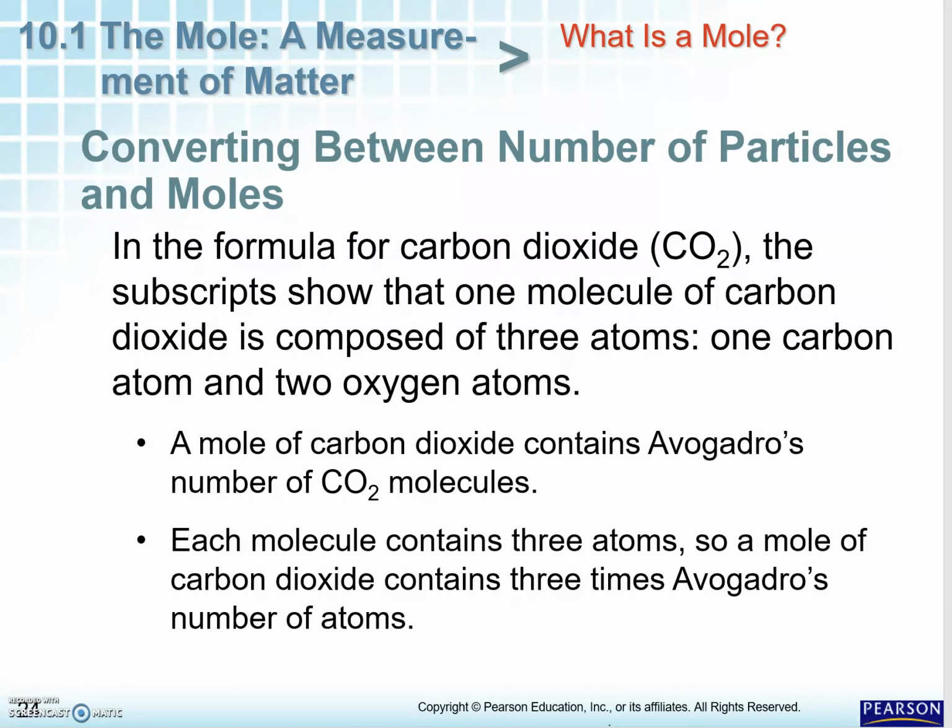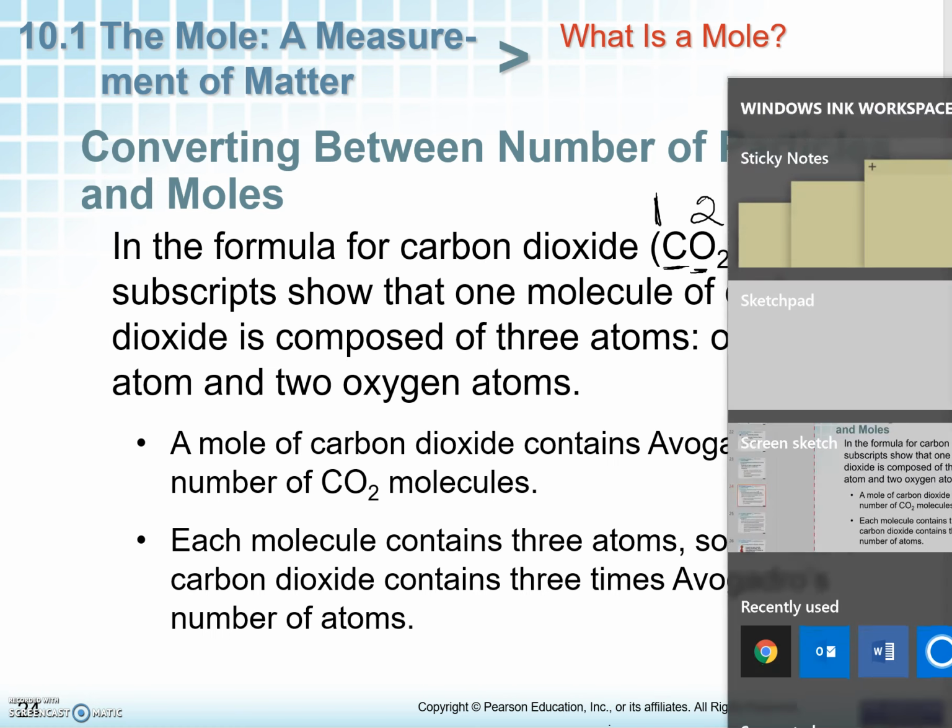So for example, this is just like counting for balancing chemical equations. In the formula for carbon dioxide, you have carbon, and there is 1 of them, and oxygen, you have 2 of them. So we're going to use the same steps as before when we are counting our numbers or converting between molecules and atoms. However, we are going to also add 1 extra step. All right, we want to figure out just how many of one type of atom in a question. So we have to figure out how to go between the idea of atoms to moles to a specific